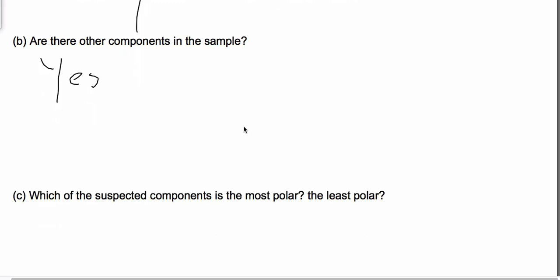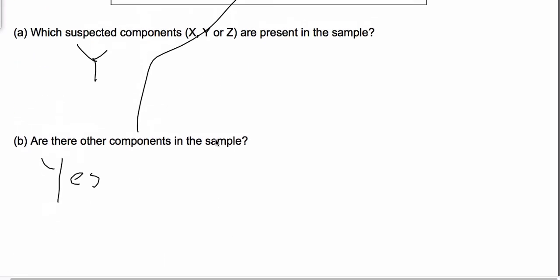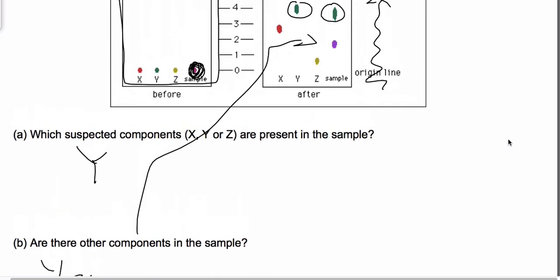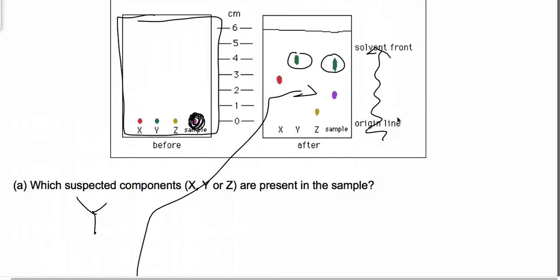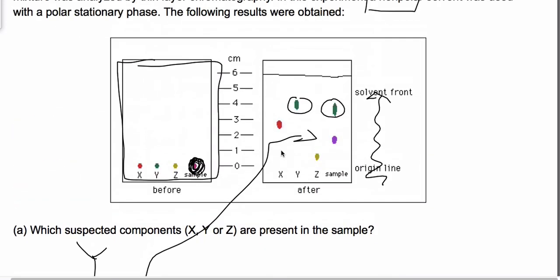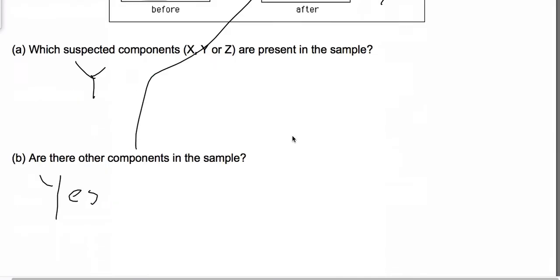Which of the suspected components is the most polar, the least polar? So the most polar one is going to be the one that was way more attracted to itself than it was to the nonpolar solvent. And that's the one that the solvent moved right past. So Z, okay, is going to be the one that's the most polar. The one that's the least polar is the one that intermingled the most with the nonpolar solvent. And then in that case, that is going to be